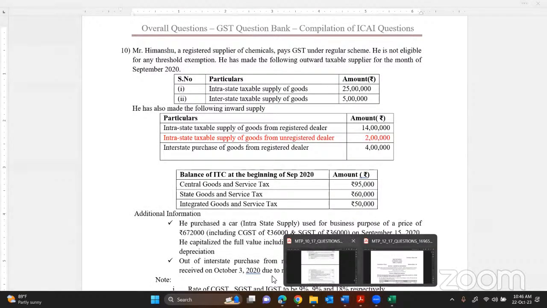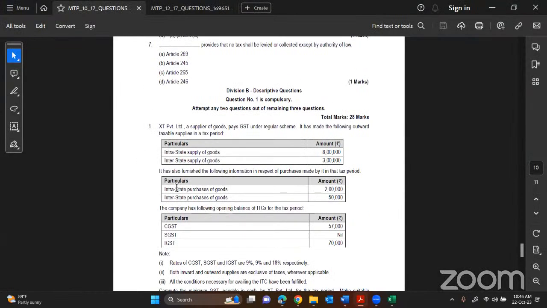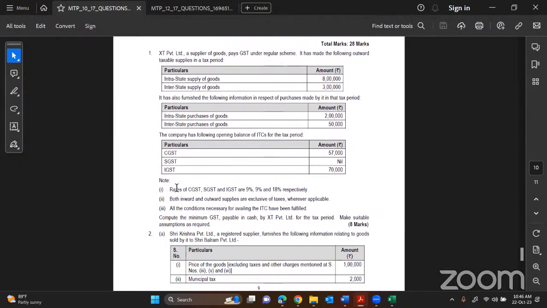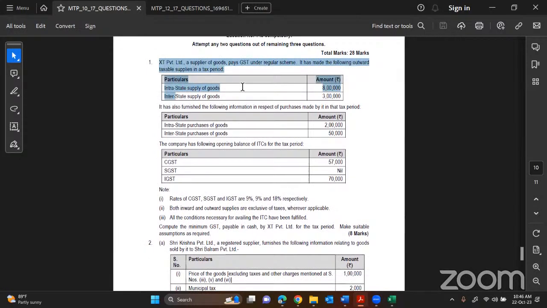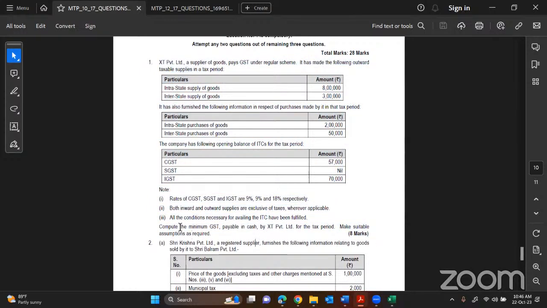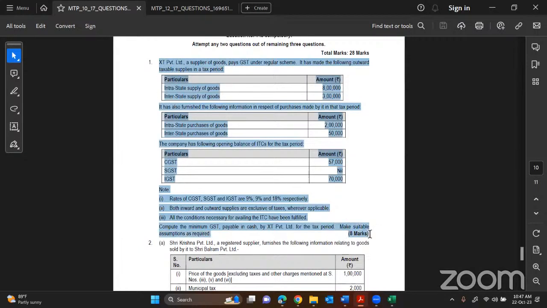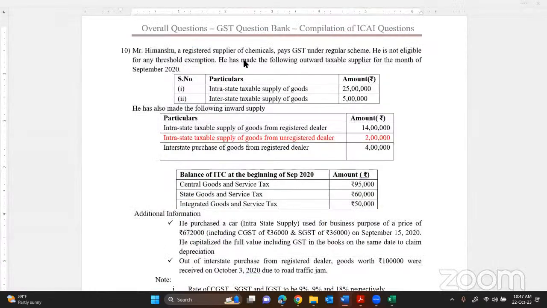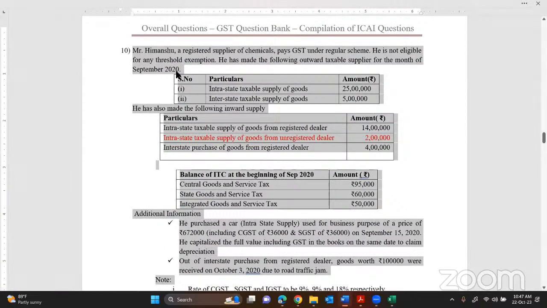Look at this mock test. Look at the mock test and look at this. Can you see this, my dear? X Limited, and you can see the weightage coming for 8 marks. And look at the question: computation of minimum GST payable in cash, which is nothing but GST payable in cash. My dear brothers and sisters, are you able to understand how important these questions are, because this is how it has been kept on testing. This is how the pattern also changes. It has become a mainstay in the main examination nowadays. Can you see?